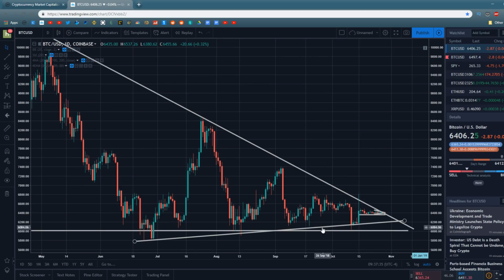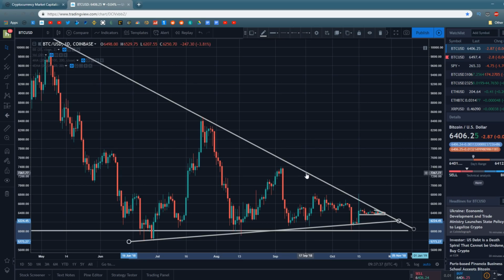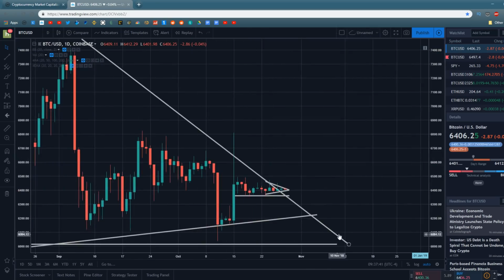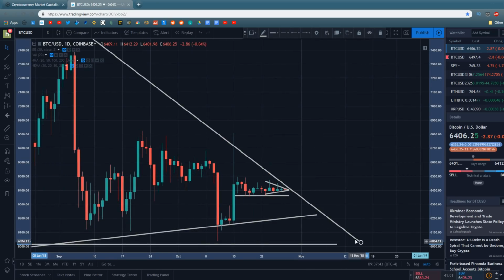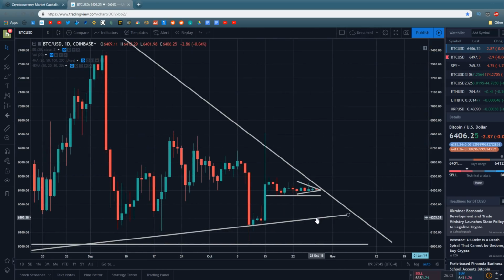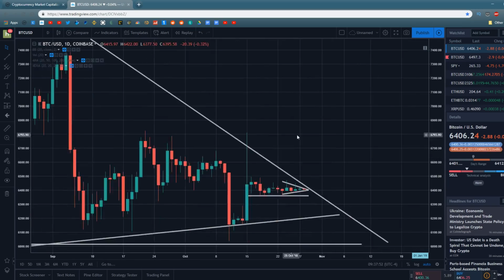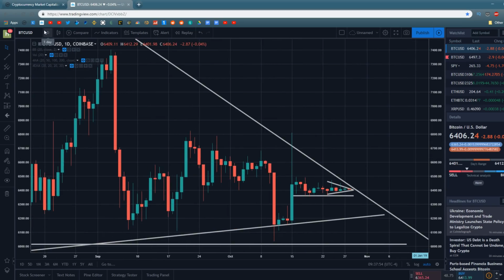pattern, with this being the uptrend of support right here and this being the downtrend of resistance right here. However you decide to go ahead and draw that downtrend of resistance, like I've said, it's basically been invalidated. The most important trend line in all of Bitcoin TA is probably this uptrend right here, and probably the most important level of support and resistance is $6,000 right here. Those are probably the two most important lines you can draw on your daily chart for Bitcoin, in my humble